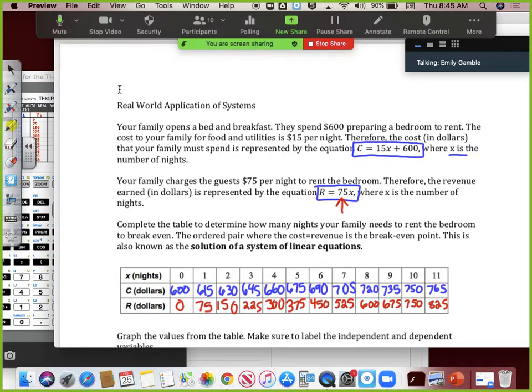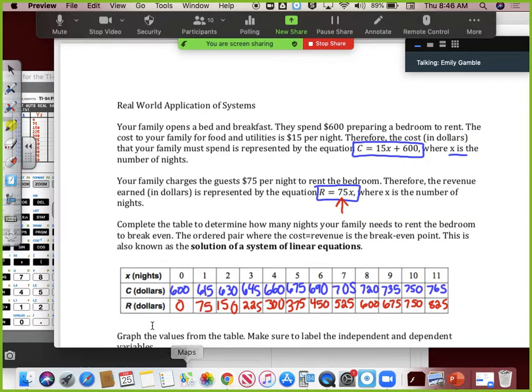All right, once you have all of these numbers in for the table, these table values represent ordered pairs. For example, for 0 nights, it costs $600 just to get the bed and breakfast room ready. So this is the initial amount. For 1 night, it would cost in total $615 because it must cost $15 per night to provide the food and drinks. For 2 nights, it would cost in total $630. So this is the total cost that the family would have to pay to actually host people in the bed